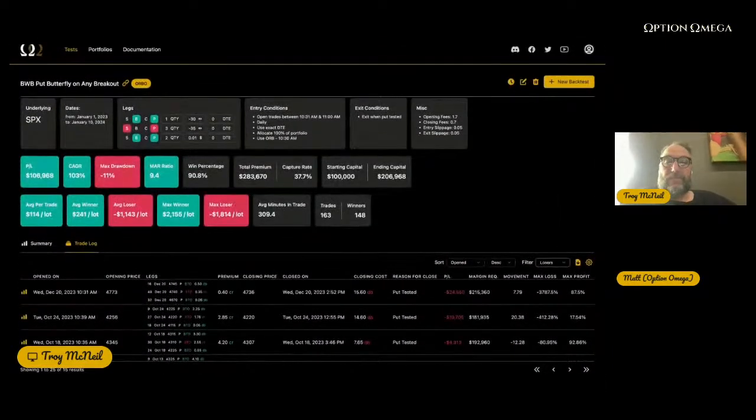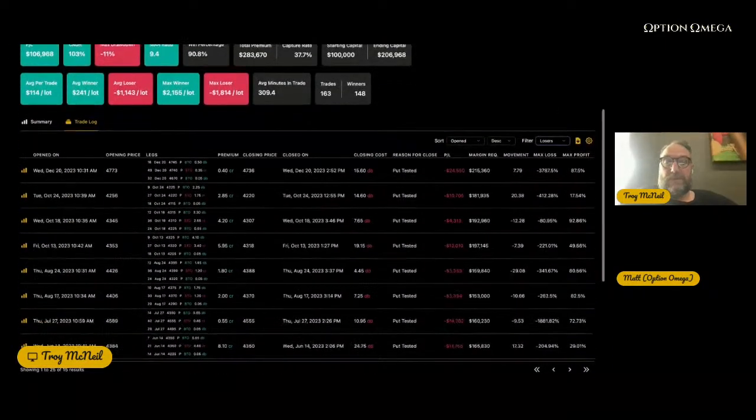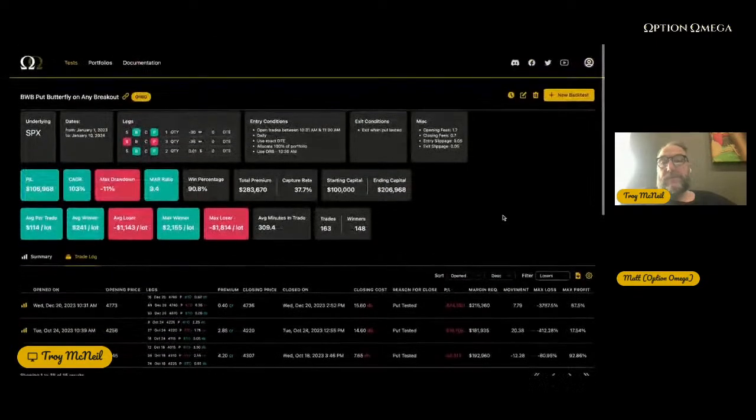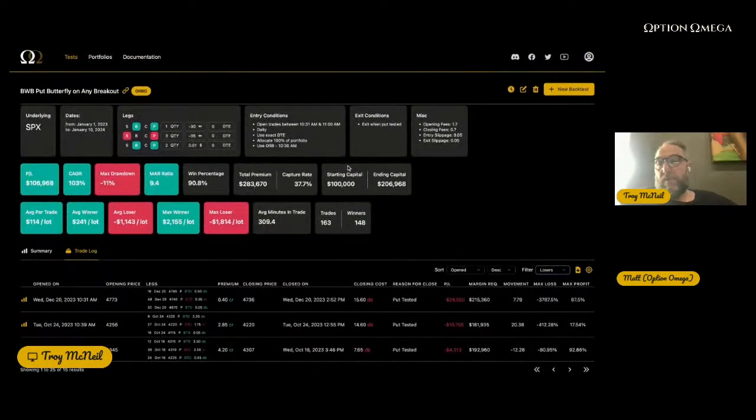So that's your stop out, if you get down to being a put tested. You could test taking profit at different times, but I thought this was an interesting one, a 9 MAR, again, relatively, the trade itself, like a butterfly. I know people see these as complex, but once you do it a couple times, you start to understand the mechanics of it. But this one's pretty interesting, and I like this one actually because you have a lot more